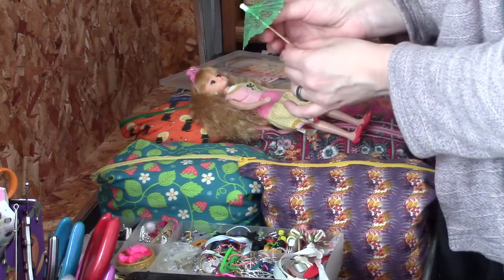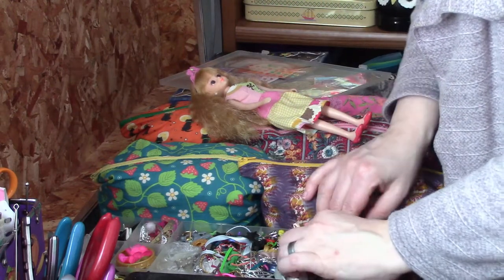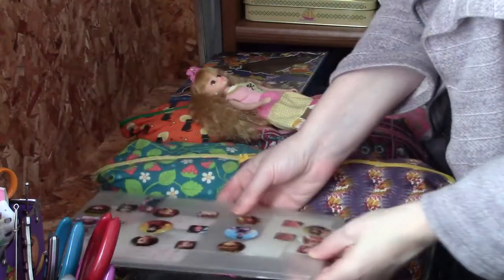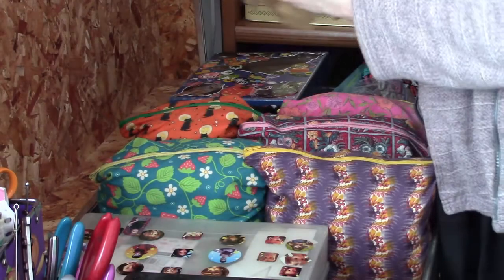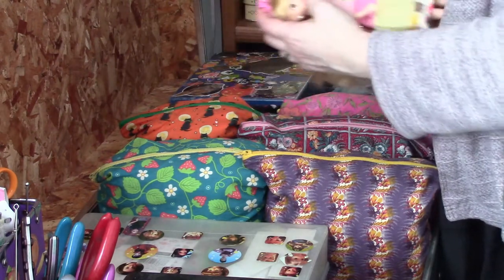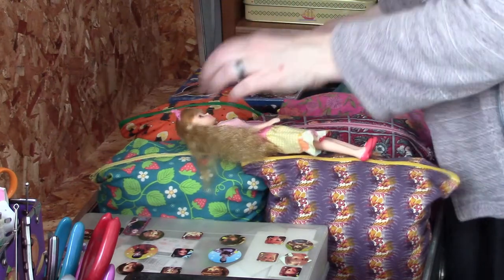I always loved these cocktail umbrellas. As a kid, I always saved them for my dolls. Actually, a few years ago in a thrift store, I found some cocktail umbrellas that are almost in scale with dolls. They're properly large enough. I don't use them very often. I pretty much just use them for photos because I don't want to destroy them because they are so delicate. But just so you know,